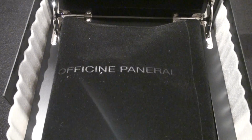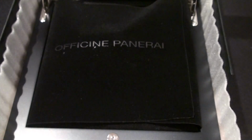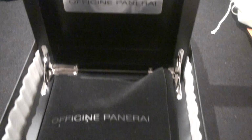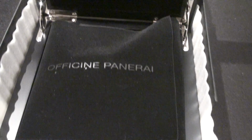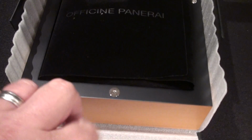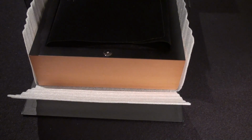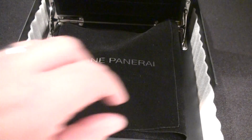So you've got the little cover that goes over your watch, and it's the obscene Panerai. Same thing goes with the label on the inside, and that's like a metal type label. Real nice material, real well built case. And then it's like a little pin that digs in, and that's what closes the box together. So anyway, I'm going to put it back where it was before and pull everything over to us. So opening it up,